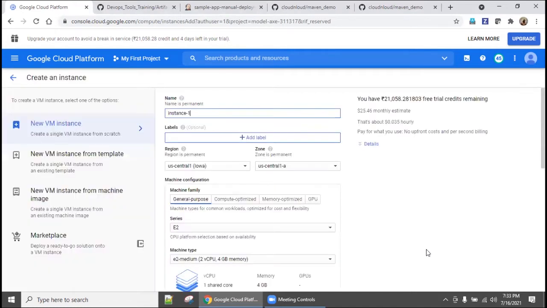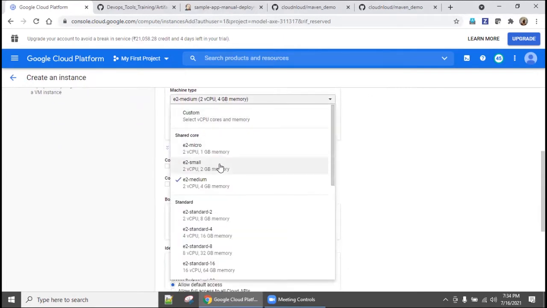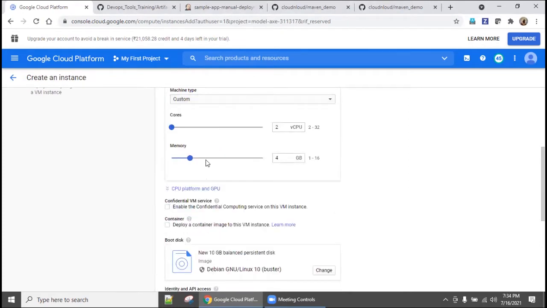Once the machine is created, I'm going to name it Tomcat, but on this machine we are also going to install Artifactory. As I said, we need minimum 2 CPU and 7.5 GB memory, so I'm going with custom, with a minimum of 7.5 GB memory.